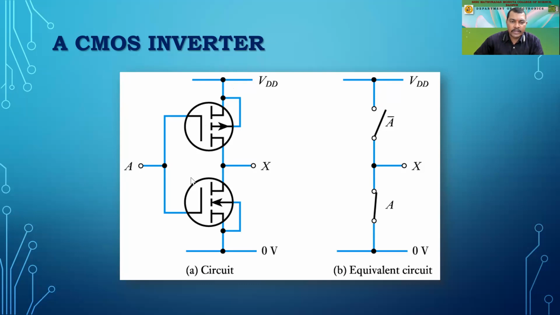Vice versa, when the other one is connected to zero, it will not conduct and will behave as an open switch. So at this point, it will be an open switch. So just the positive power supply is connected to this output. And as soon as we apply zero over here, the output will be high, right? So that is the basic function of the inverter. When we apply high, it gives you low. When you apply low, it will give you high, right? So this is how a CMOS inverter works.